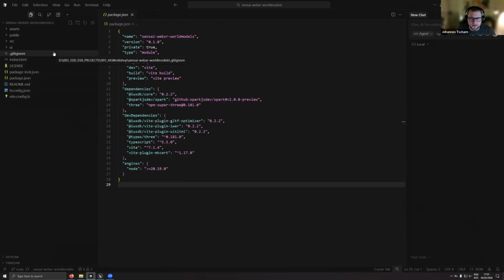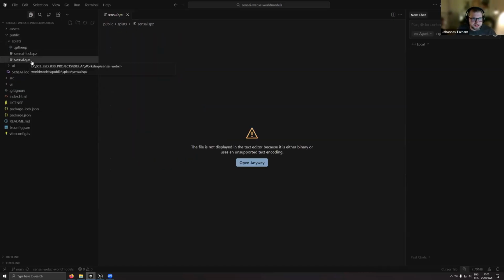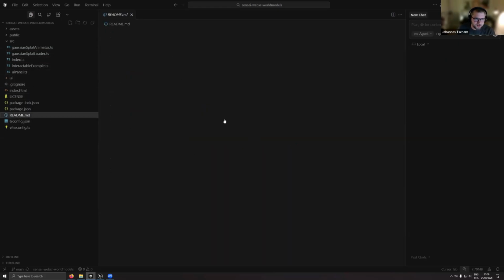I didn't do anything to it yet, and I'm going to walk you through the brief and quite simple setup process. This is the folder structure. In public, you have files that will be exposed to the client. That means you have the Sensei. This is the SPZ file, the splat. This is the compressed file type, if you remember. In source, we have our scripts basically and some UI, and then there's also a README,